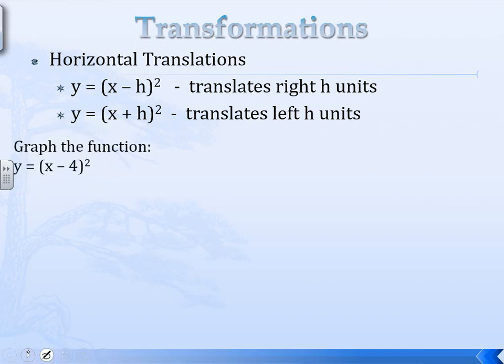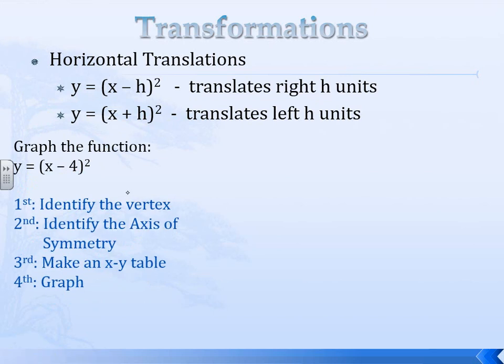So let's graph this function, y equals (x minus 4) squared. Same as the previous page, we're going to go through the same steps. First, we're going to identify the vertex. This time, the vertex is going to be